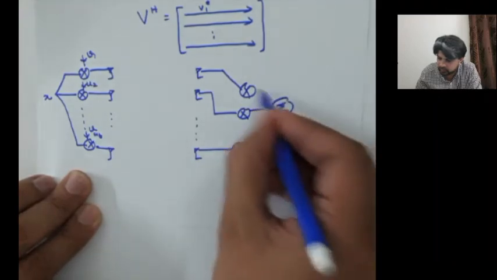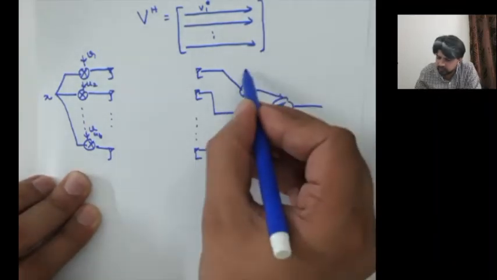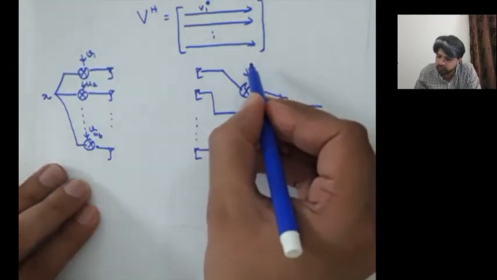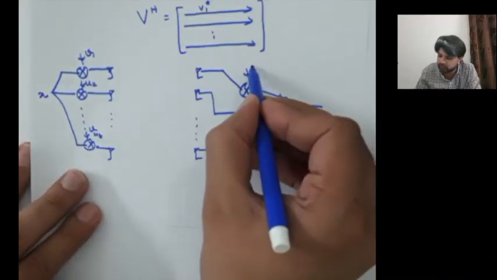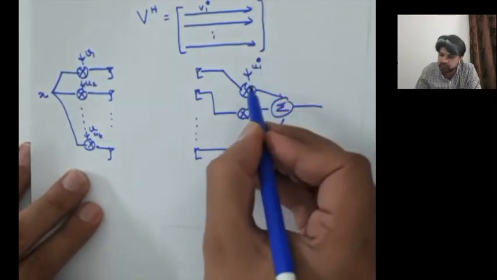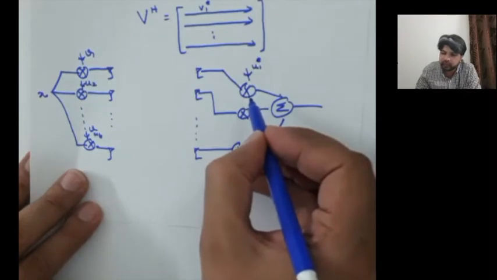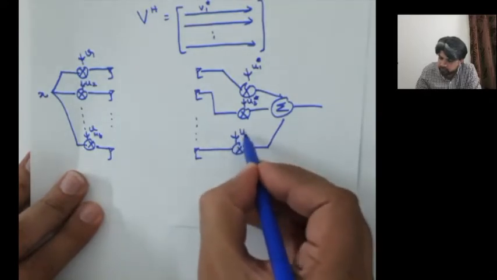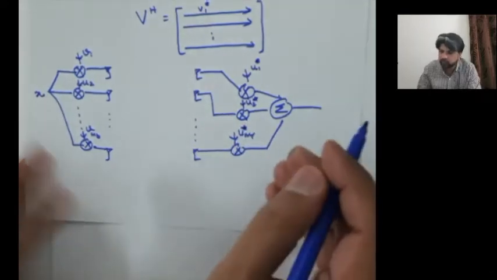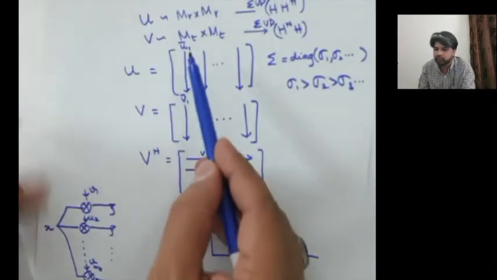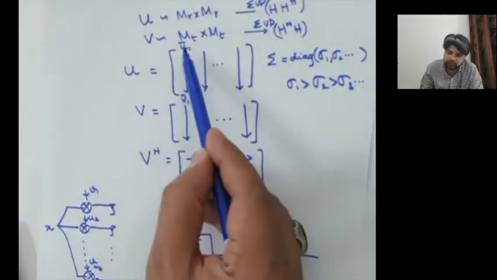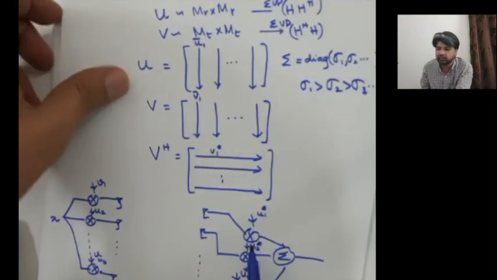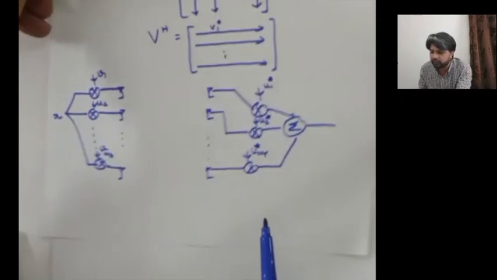and add them together. So this multiplication would be with the U conjugate, where U would be your first column of the U matrix. So I'm calling it U1 conjugate as the first element of the first eigenvector in the U matrix, U2 conjugate, UMR conjugate. Remember, this U column is nothing but the first column of this U matrix. So you take this first column of the U matrix, take the individual elements, multiply at the receiving side, and then you would add them together. That will give you your Y.